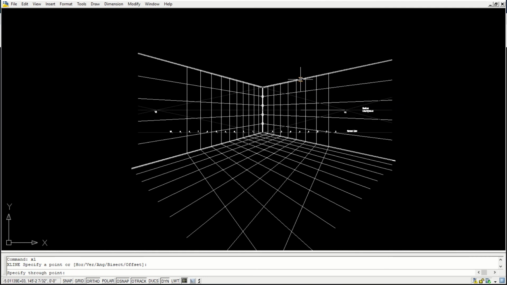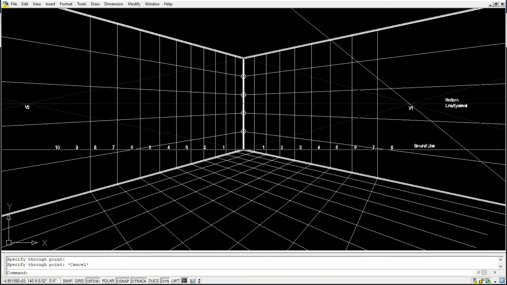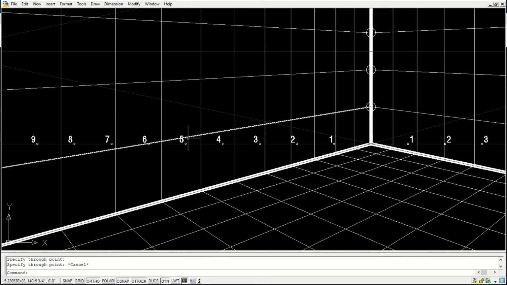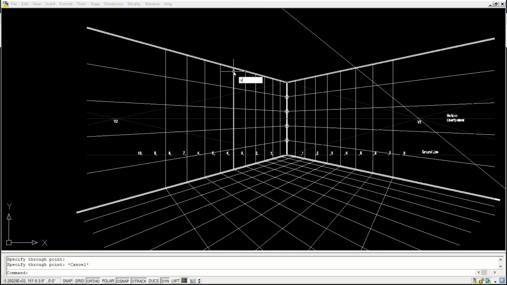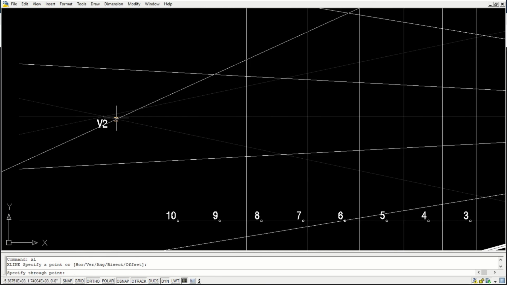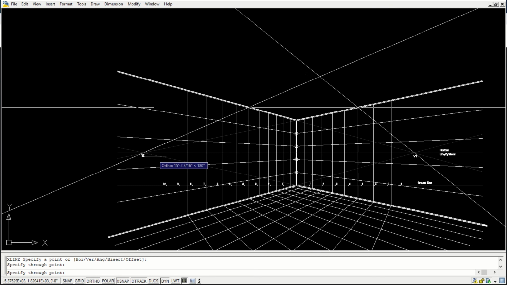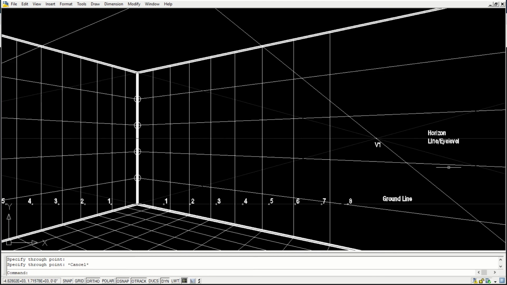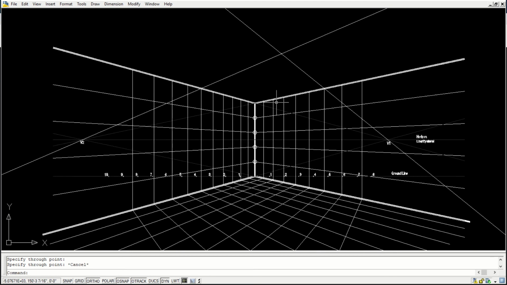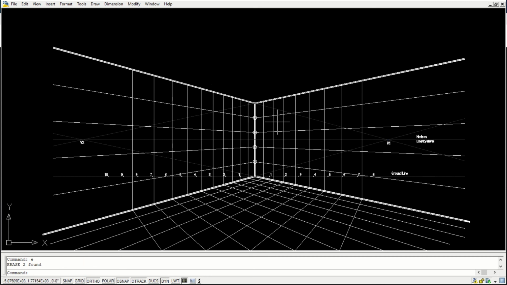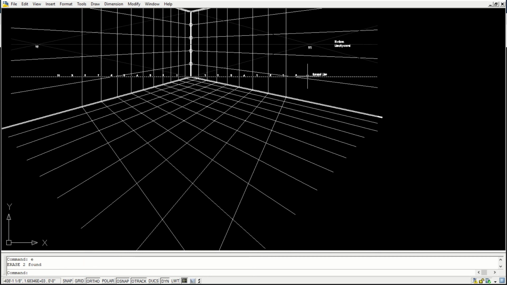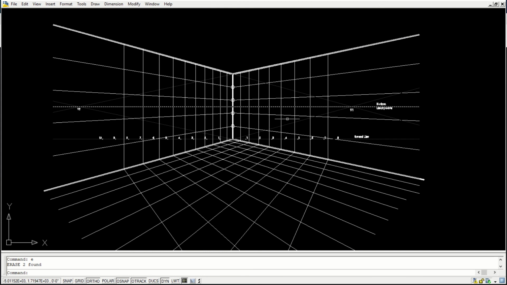Okay, I'll just draw some reference lines here. Okay, this is on the 5th, and probably this is the 5th line. Yeah, so it's all using these grids. You'll be able to draw the perspectives. Okay, so I think it should be easy. I don't think there are any complications in that.